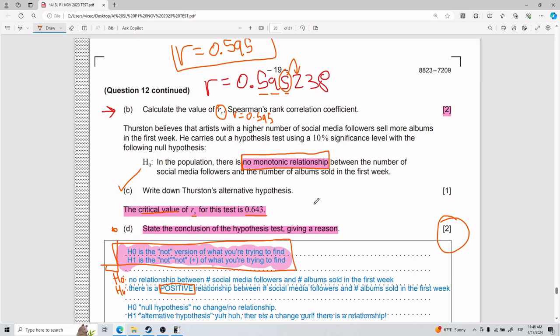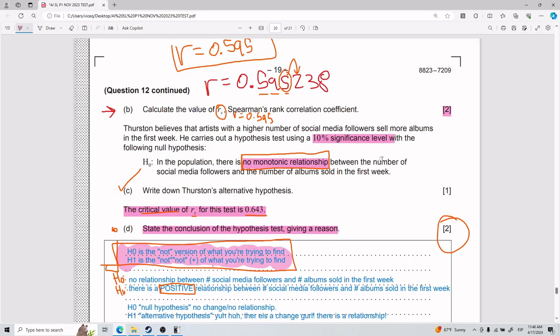Now, some of you might be thinking, where did this critical value come from? Your critical value is always going to come from the 10% significance level, okay? And so this is a whole test that happened behind the scenes. I'm not sure if it was chi-squared or t-test, probably chi-squared. But anyways, depending on your significance level, you have a certain critical value. And why do they call it a critical value? Because if you are above this critical value, then you reject H0. If you are not above this critical value, then you fail to reject H0.